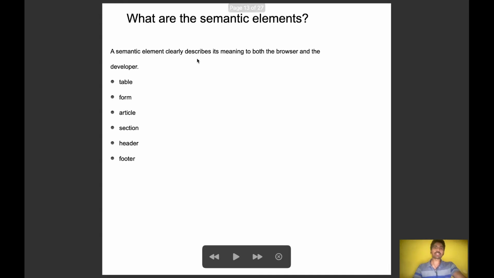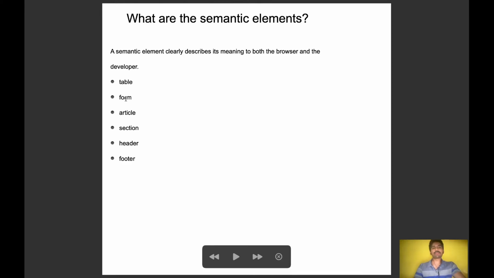Let's go to next, semantic elements. So semantic elements means the name itself will tell the browser as well as the developer what it is for. For example, the table element tells the developer as well as the browser that it is used for tables.